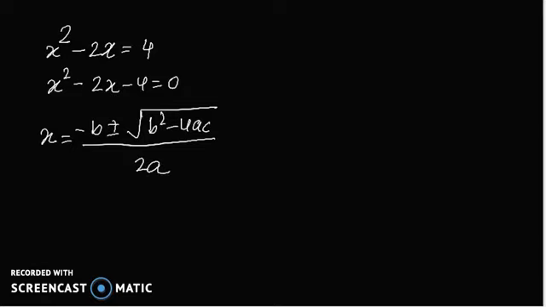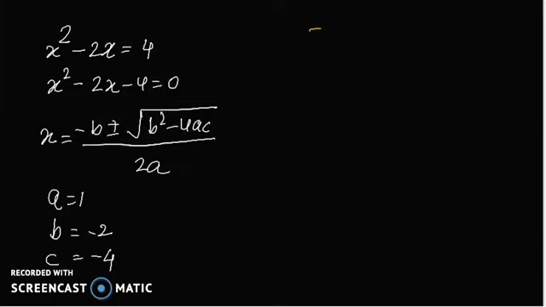So in this particular case, what is our a, b and c? a is the coefficient of x square, which is 1. b is the coefficient of x, that is minus 2, and c is the constant term, that is minus 4. So we are going to plug in all these values in this. So we will get